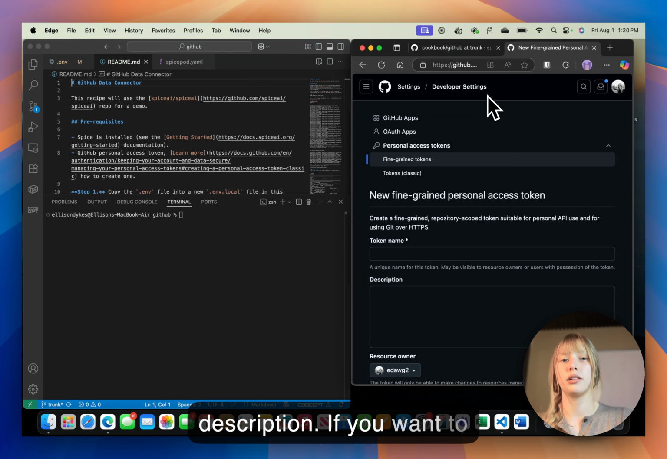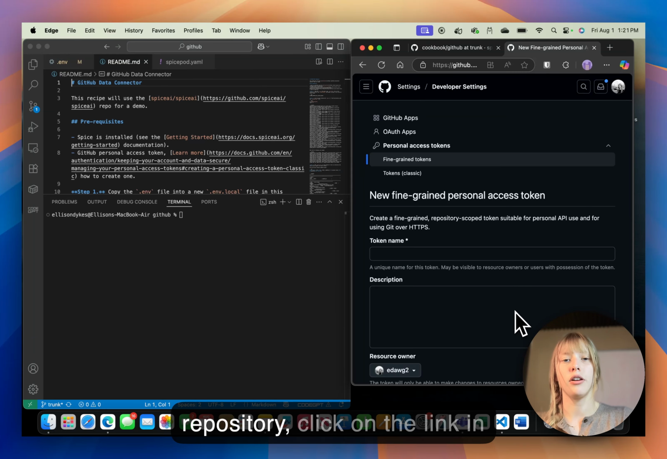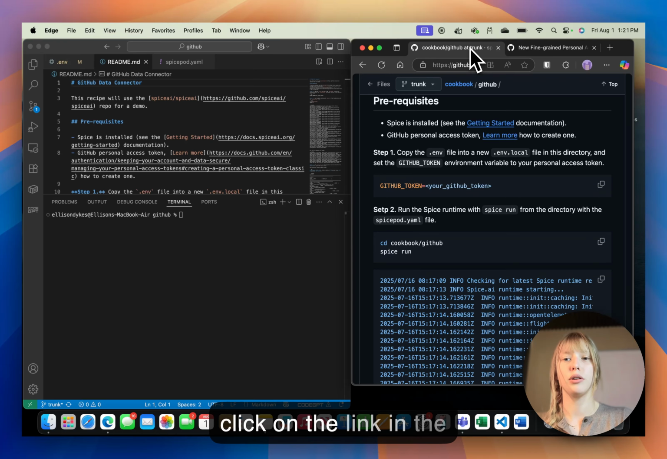To do so, navigate to github.com/settings/personal access tokens, and then you can create and save your API key in a secure spot for later in the tutorial. If you haven't already installed the Spice.ai and cloned the GitHub cookbook repository, you can do so at